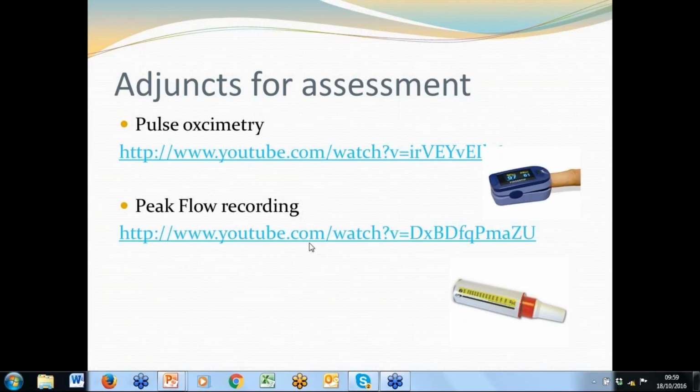Peak flow recordings, there's a little diagram of a peak flow meter here, will assess the lung capacity. And again, do have a look at the video. You will be taught how to assess patients doing peak flows when we do clinical skills with you. And again, it's a good way of documenting. And people, you may well be doing it